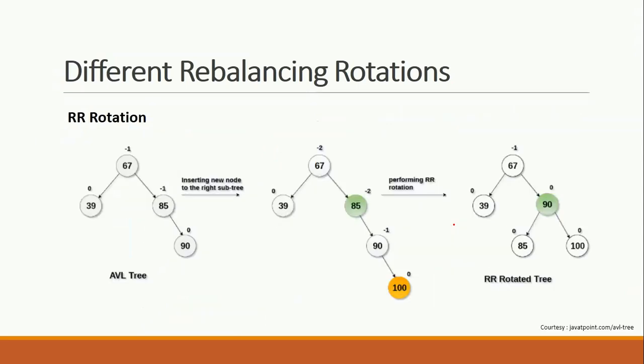Now we'll take an example for a better understanding. See, this is an AVL tree given. Suppose I want to insert a node in the right subtree. Inserted a node 100 here. You can see here in this case we cause a problem at this node. Whenever I try to find the balance factors again, I find that we have a problem. This is a right edge. How to solve: do an anti-clockwise rotation by taking this node. So 85 will become the left subtree, the 100 would be the right subtree, and this would be the RR rotation. In this way you can perform an RR rotation.